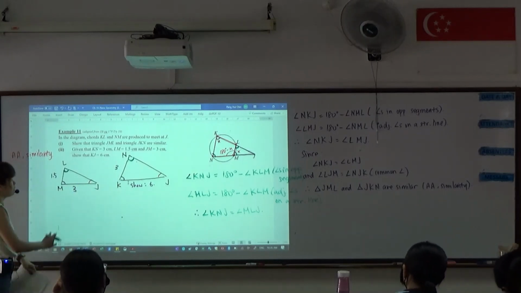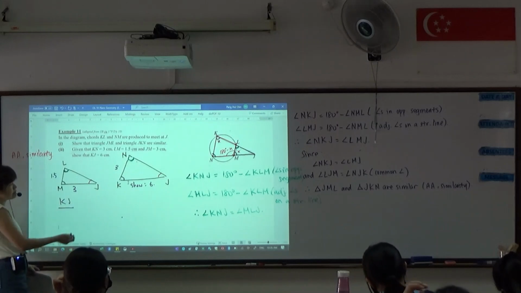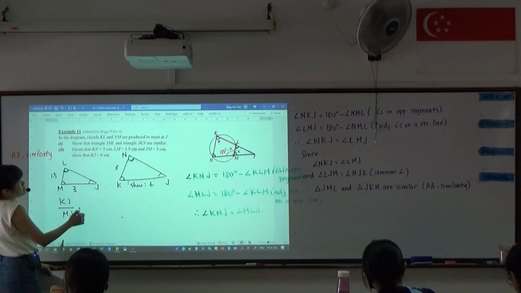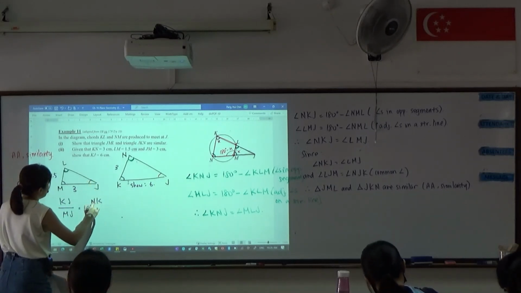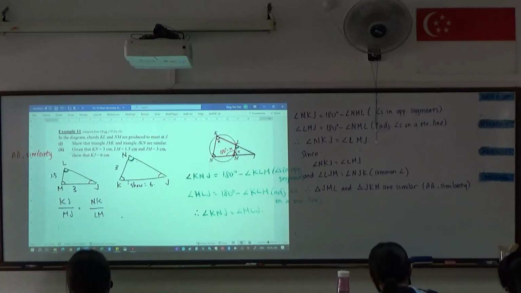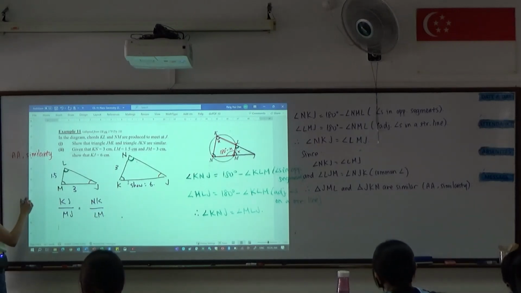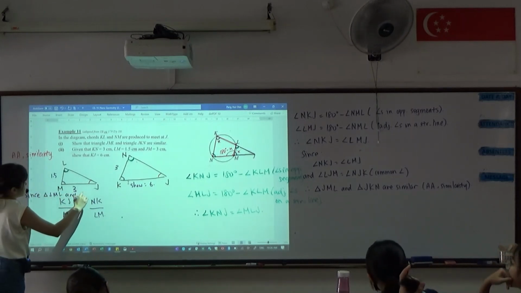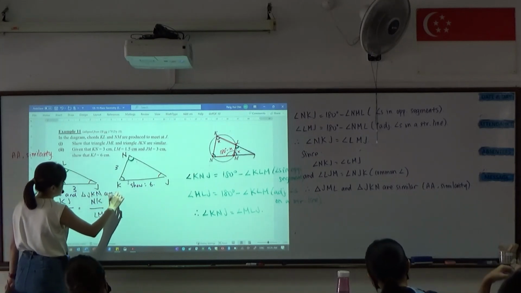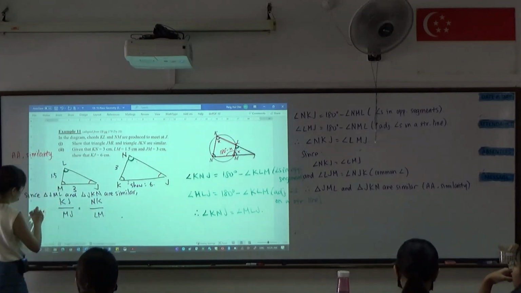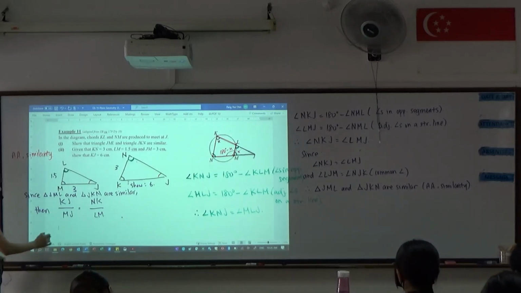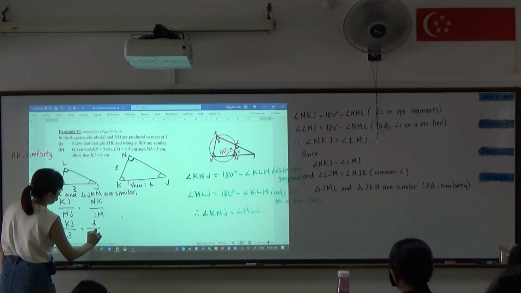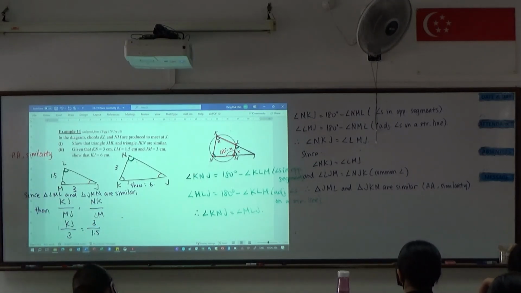Since I'm trying to find KJ, the corresponding side to KJ is MJ, which is equal to NK over LM, since the two triangles are similar. So you can put in the numbers. NK is 3, LM is 2. And then